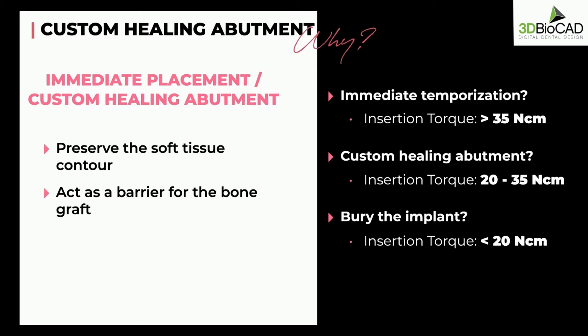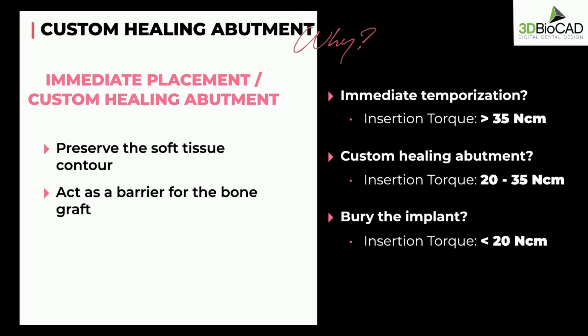Then when do we do an immediate temporary crown, and when do we do a custom healing abutment? Like I said before, with the immediate temporary crown, we need at least an insertion torque of 35 Newton centimeter. But sometimes we don't achieve that with immediate implant placement. So if the insertion torque is anywhere between 20 to 35 Newton centimeter, then that's when we will be doing